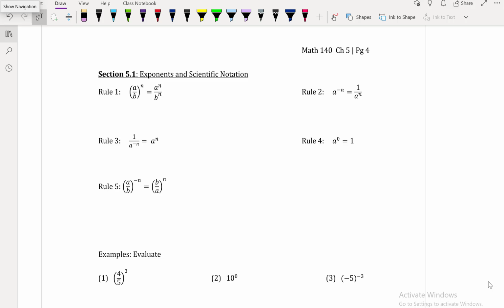So here it's all about the exponents and scientific notation. So here we have a couple of rules. So we can see that we have an exponent. What we can do is we can distribute inside the parentheses. And if I have a negative exponent,